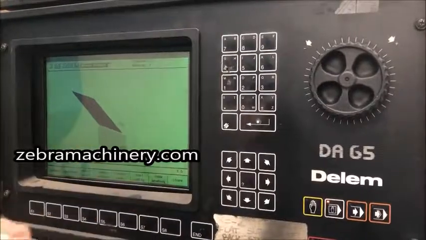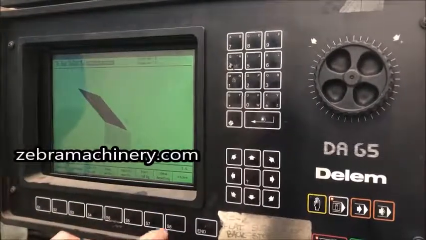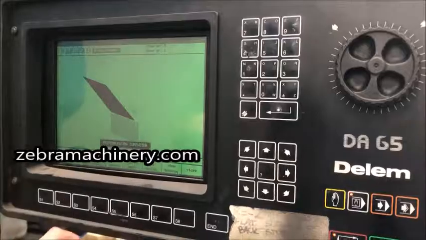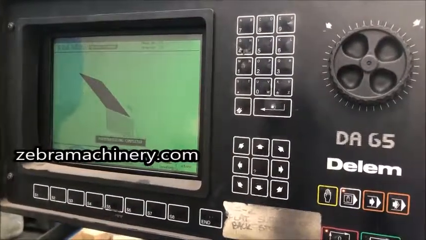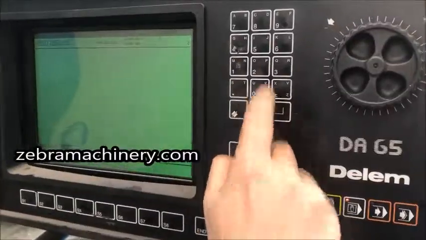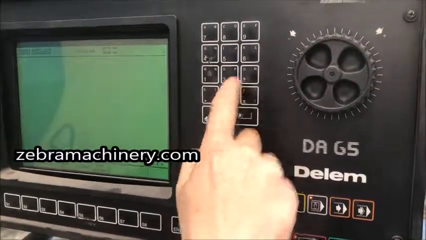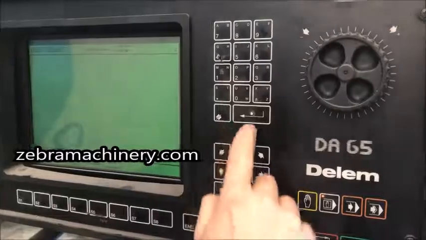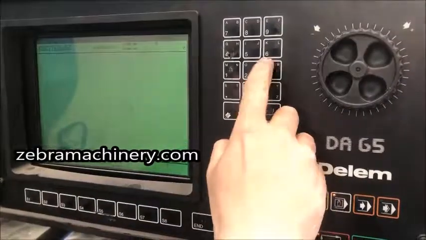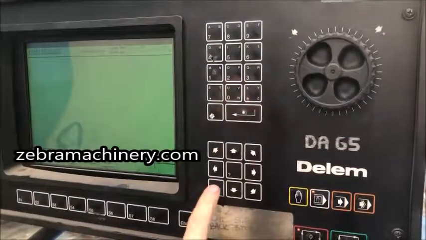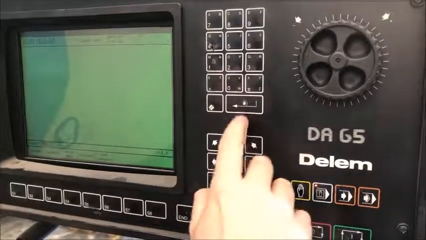So when you come to fold it, you can follow the 3D drawing as you go along. From 90